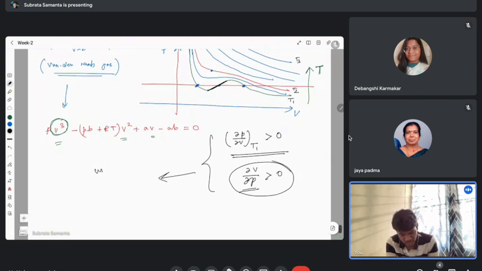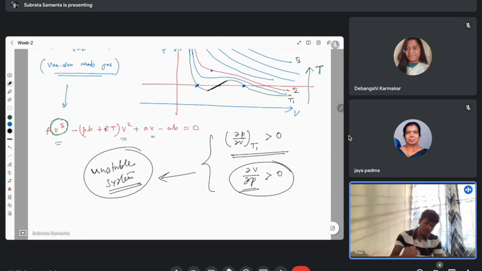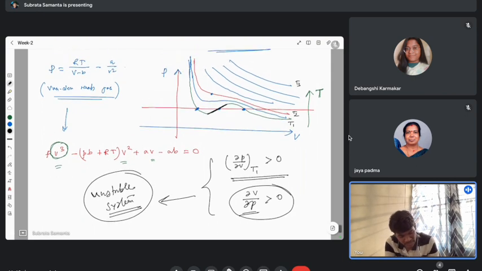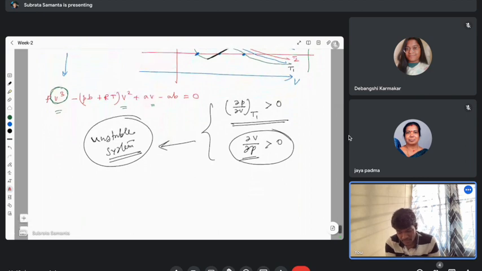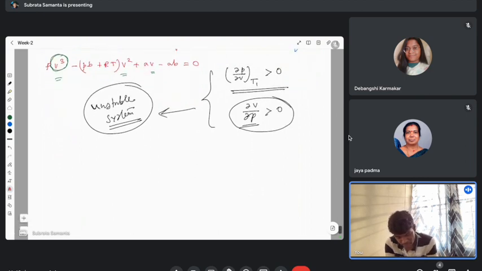So this is an unstable system. So that means when we lower the temperature, after a certain temperature, let's say this is T2, the system goes to the unstable system. And this kind of critical behavior happens when the temperature